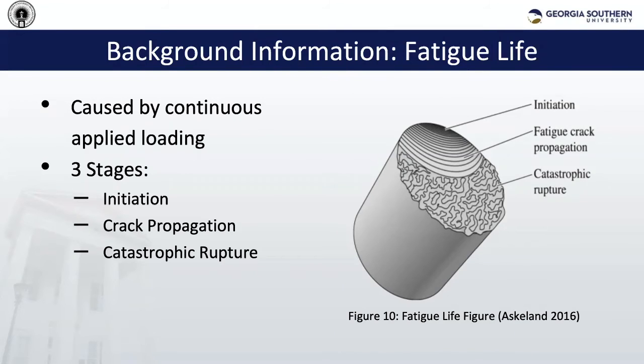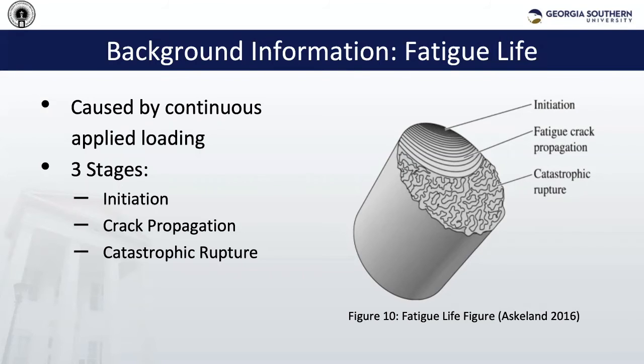Here's some background on fatigue life. Fatigue failures are caused by oscillating applied loadings, such as a motor spinning a shaft or a pressure vessel constantly striking a load cell with a low magnitude impact. Fatigue life has 3 stages. Initiation is the first. It's where a crack begins to form due to an